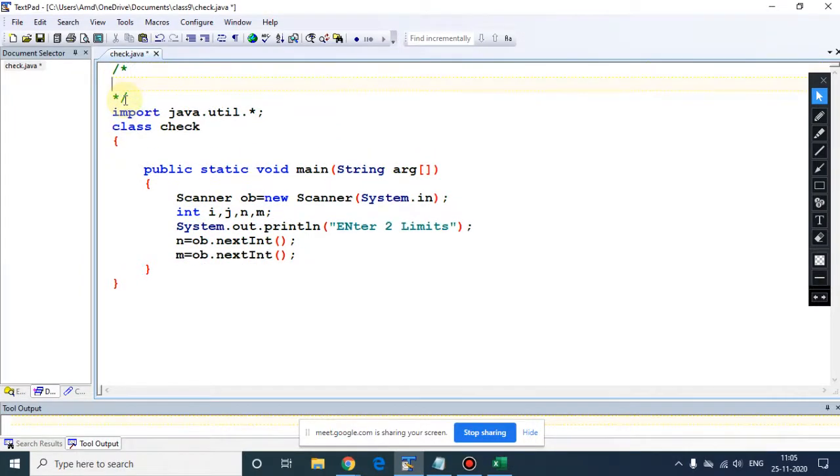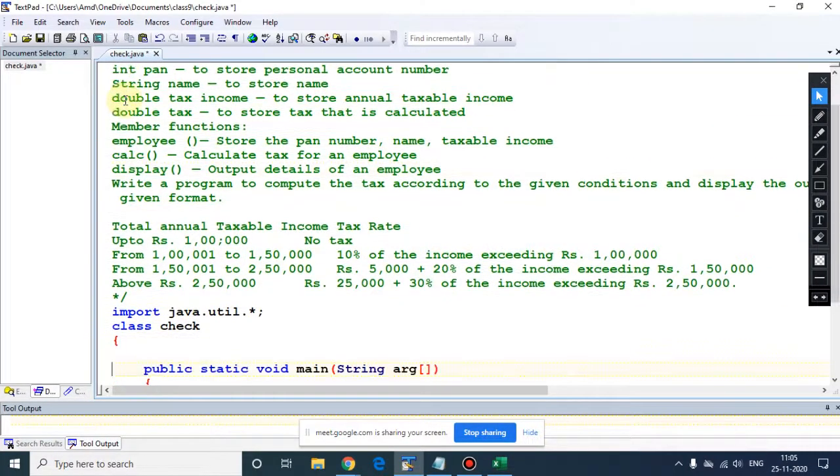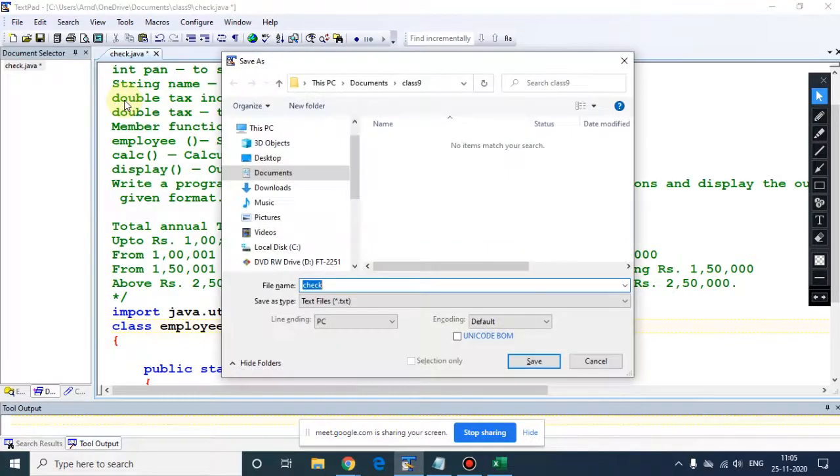These are the multiple comments we are using here, in which we are simply pasting the question. Now the class name we need to declare is employee, so the file name also we need to declare as employee.java, right?